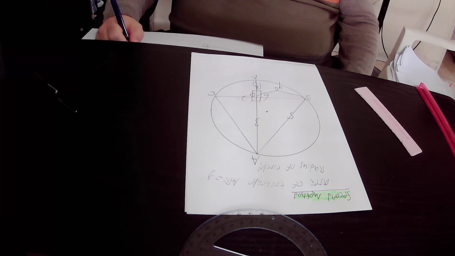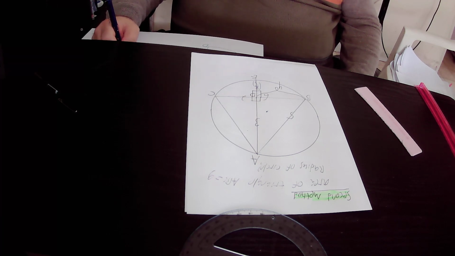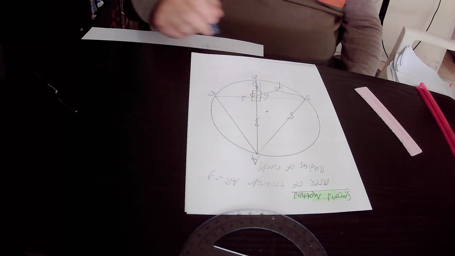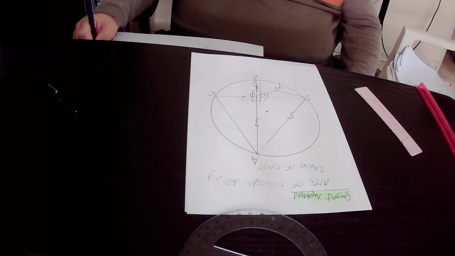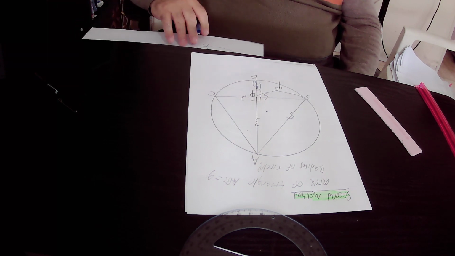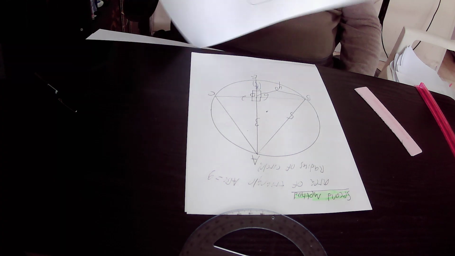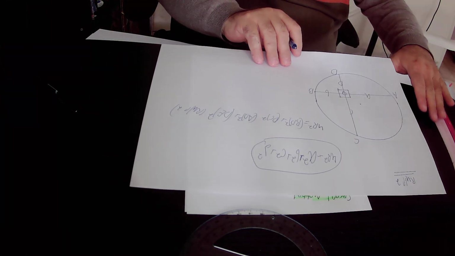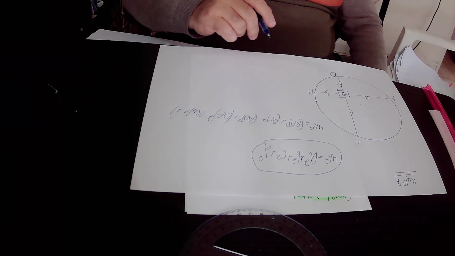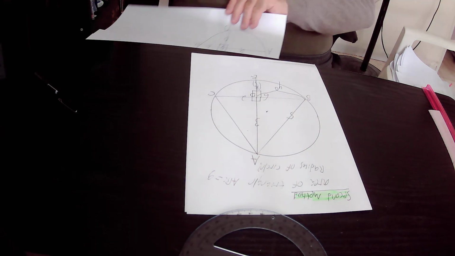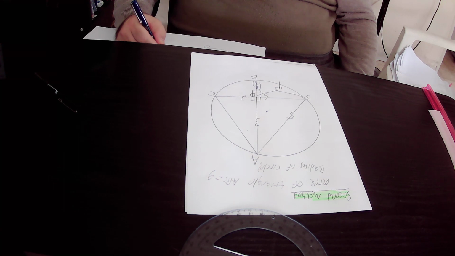plus DC squared plus AD squared plus DE squared. Repeat again, according to rule number 2, 4 times R squared equals BD squared plus DC squared plus AD squared plus DE squared. So 4 times R squared